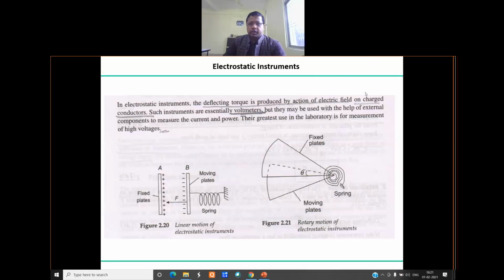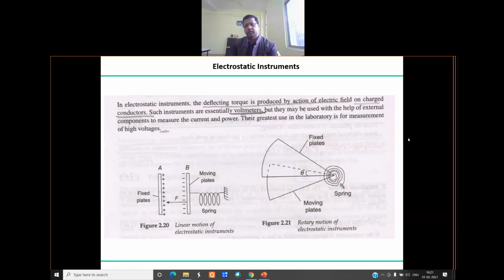So now we are formally beginning our last lecture. In the past few lectures, we have done the detailed analysis of PMMC type of instruments, moving iron type of instruments, and electrodynamometer type of instruments. Today we are going to consider certain topics which will help you to continue our remaining section.